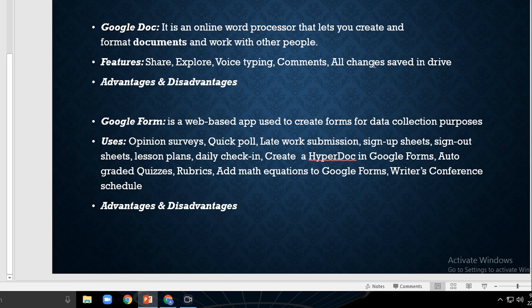After that, the last one is all changes saved in Drive. Now when you create a Google document in Google Drive, it will save all the edits made in that document. What is even more amazing is that you can restore any edit made in the document. This is a great way for students to view the history of a written piece and be able to go back and edit and revise. Let's see the advantages now. Now, documents on Google Docs are saved to Google servers.